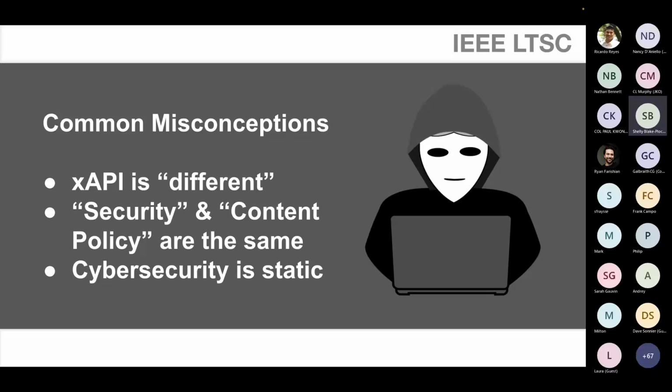Down a level from that would be a normative word like should, which indicates that among several possibilities, one is recommended as particularly suitable without mentioning or excluding the others. Or it could be that a certain course of action is preferred, but not necessarily required. And in the case of cybersecurity, to maintain a vigilant awareness that there are dynamic activities occurring and there's change over time related to offensive and defensive technologies, strategies, and processes.